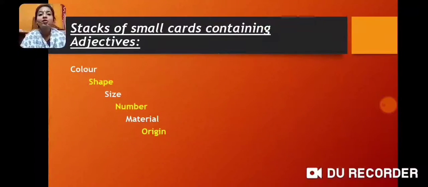I will also provide you with the stacks of small cards containing adjectives, and these stacks you are going to use to put according to the adjectives. First is color, shape, size, number, material and origin.